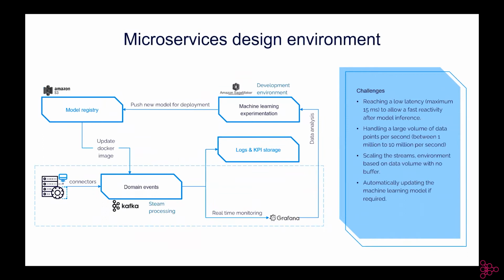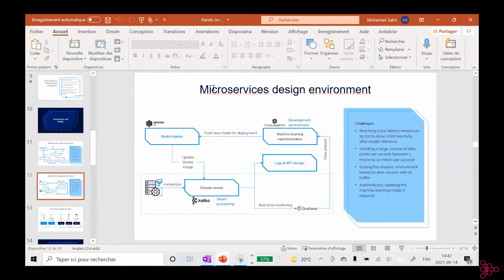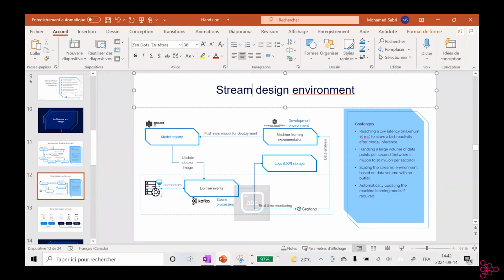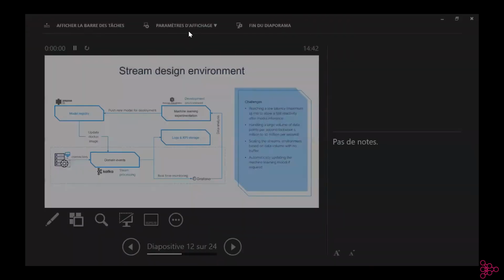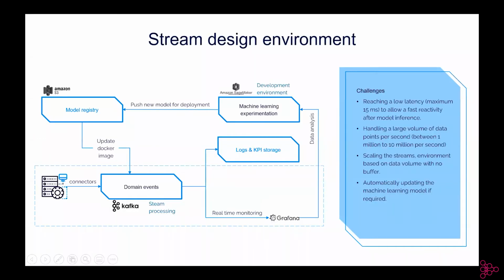Here is another type of architecture, a streaming design environment. Here we're facing an environment that relies on IoT data as input data, and the idea is to score the data and be able to detect any anomaly in the data. Again, this is an offline model, trained offline, so it will be updated every time there is a new model with better performance that beats the defined threshold.